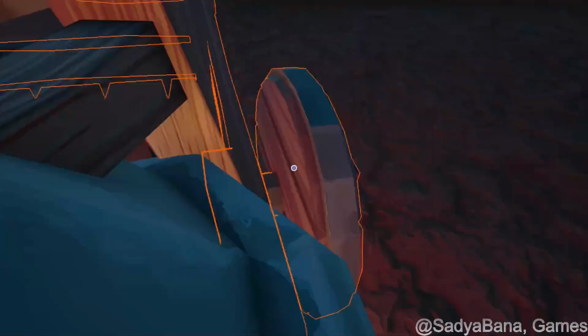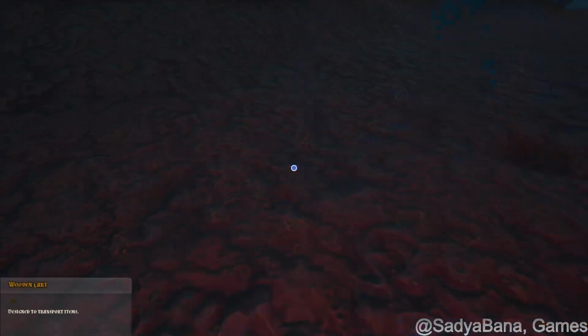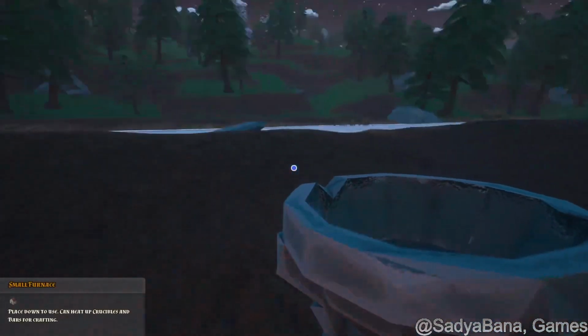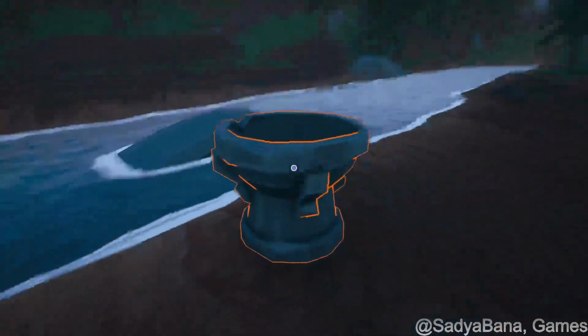Okay, so let's just put our cart down. Oops, did I get stuck? I got stuck when I put my cart down. Let's see, there we go. Let's grab it again, become unstuck. All right, so let's go ahead and set up our stuff here. And I'm gonna put this over maybe near the water for now, where it's easy to,